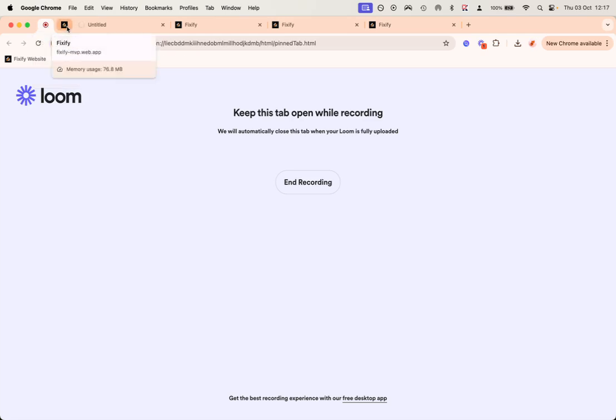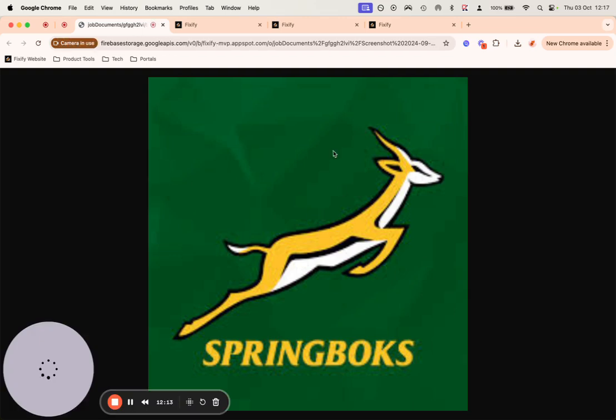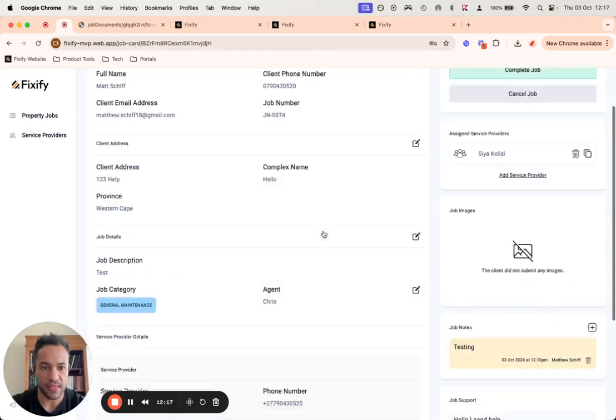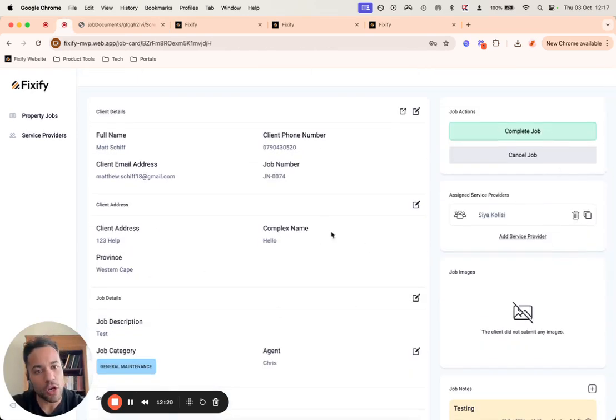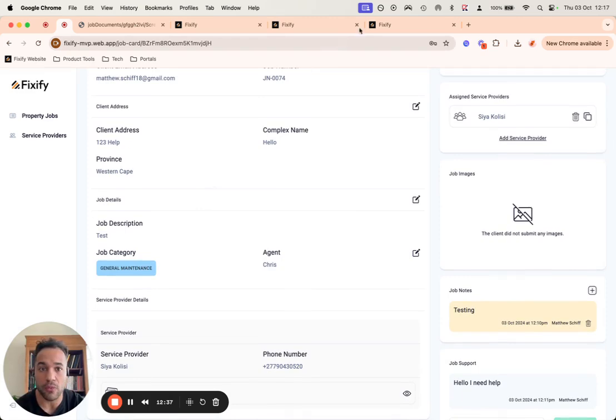It'll open up on my end in a different tab. It'll take a second to do so. There it is, and I can see the images that the service provider might have uploaded. Fantastic. This is all looking fairly good. On the top right-hand side, what you will notice is the complete job button. You will only select this if you are happy with the quality of the workmanship that is being provided. The job, once completed, will signify that it has been successful, and you will be able to progress